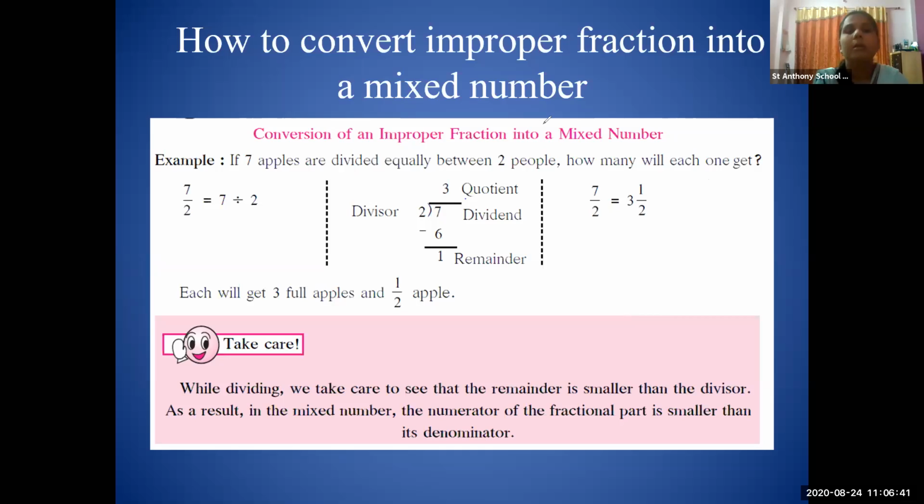Okay, now conversion of this improper fraction into a mixed number. Now we have to convert this improper fraction into a mixed number. Now mixed number means what? If here 3 is there and 1/2 is there, means an integral part is also there. This is an integral part and a fraction is also there, right? Integral part is also there and fractional part is also there. Means दोनों हैं यहाँ पे.